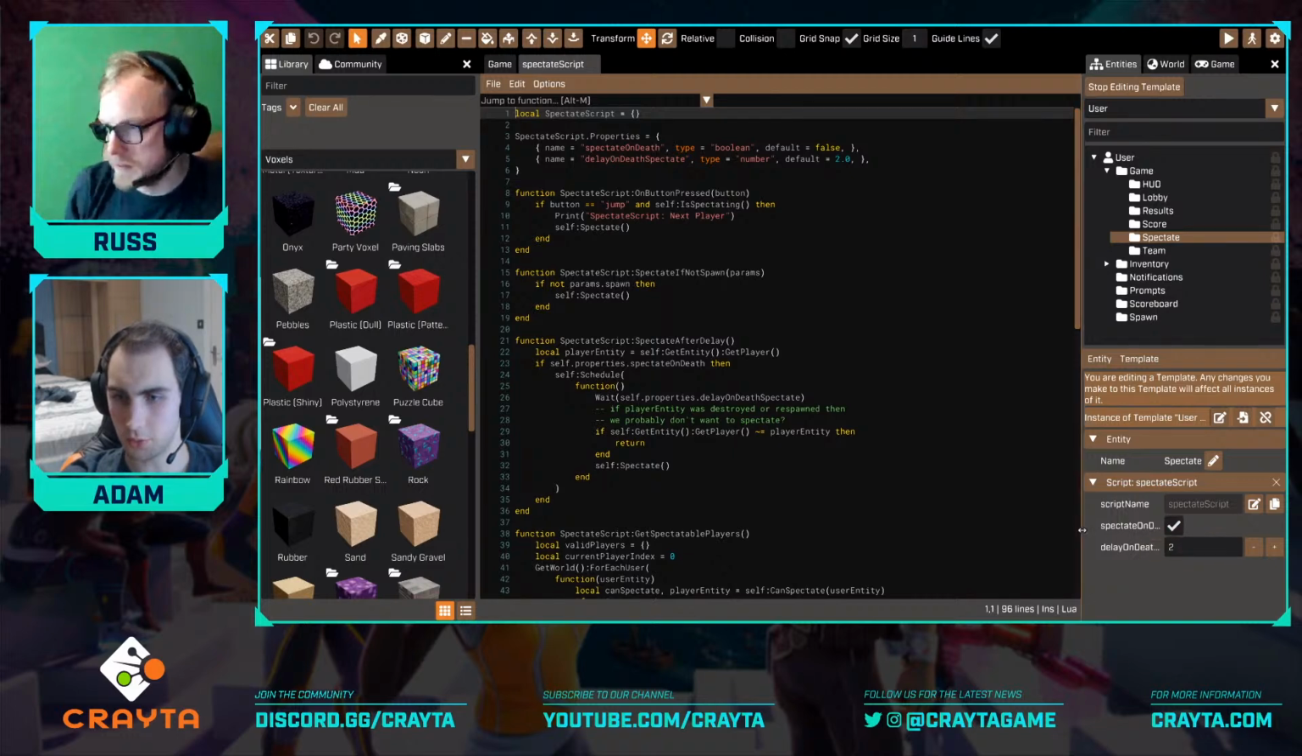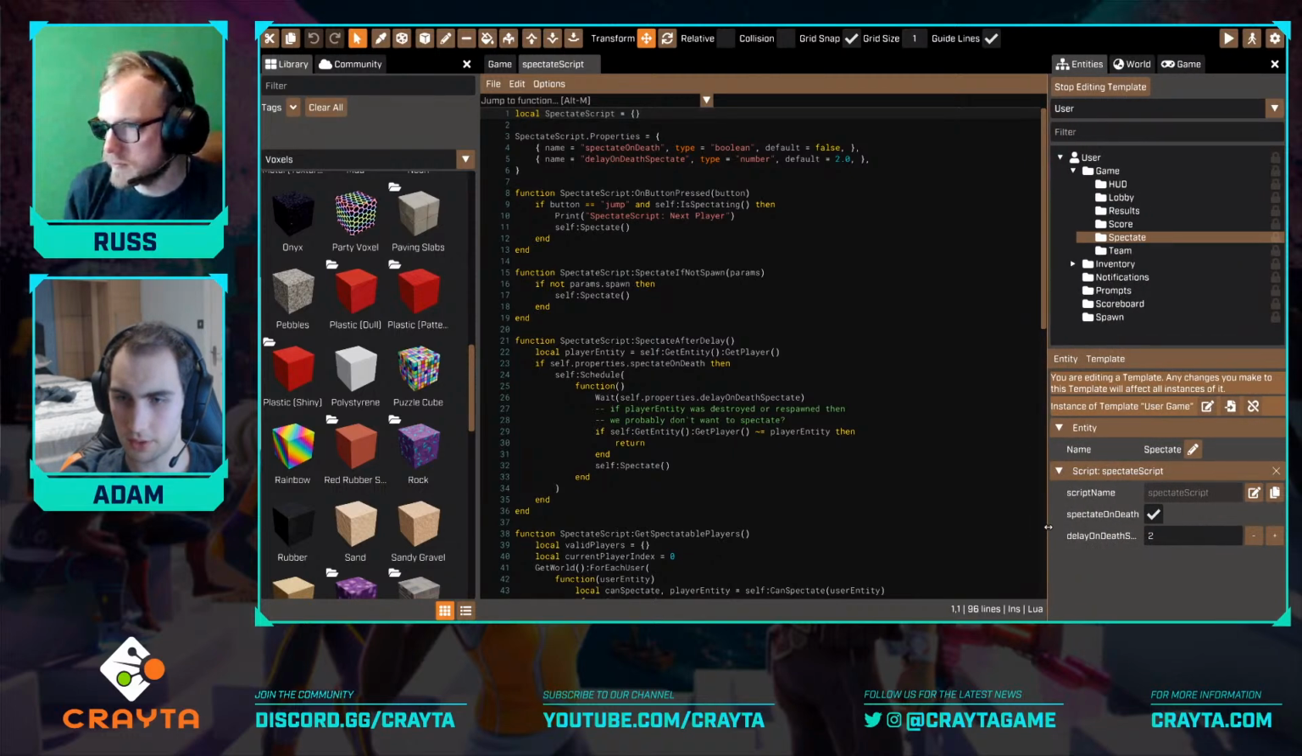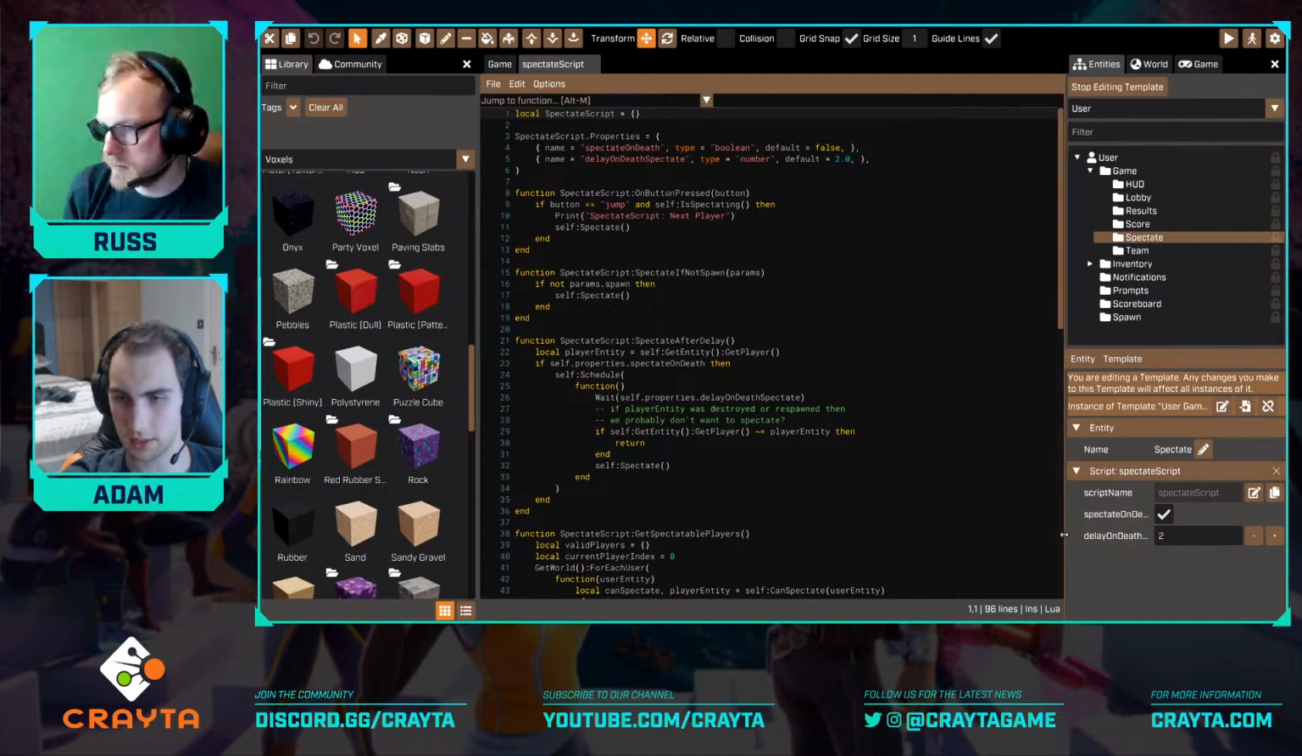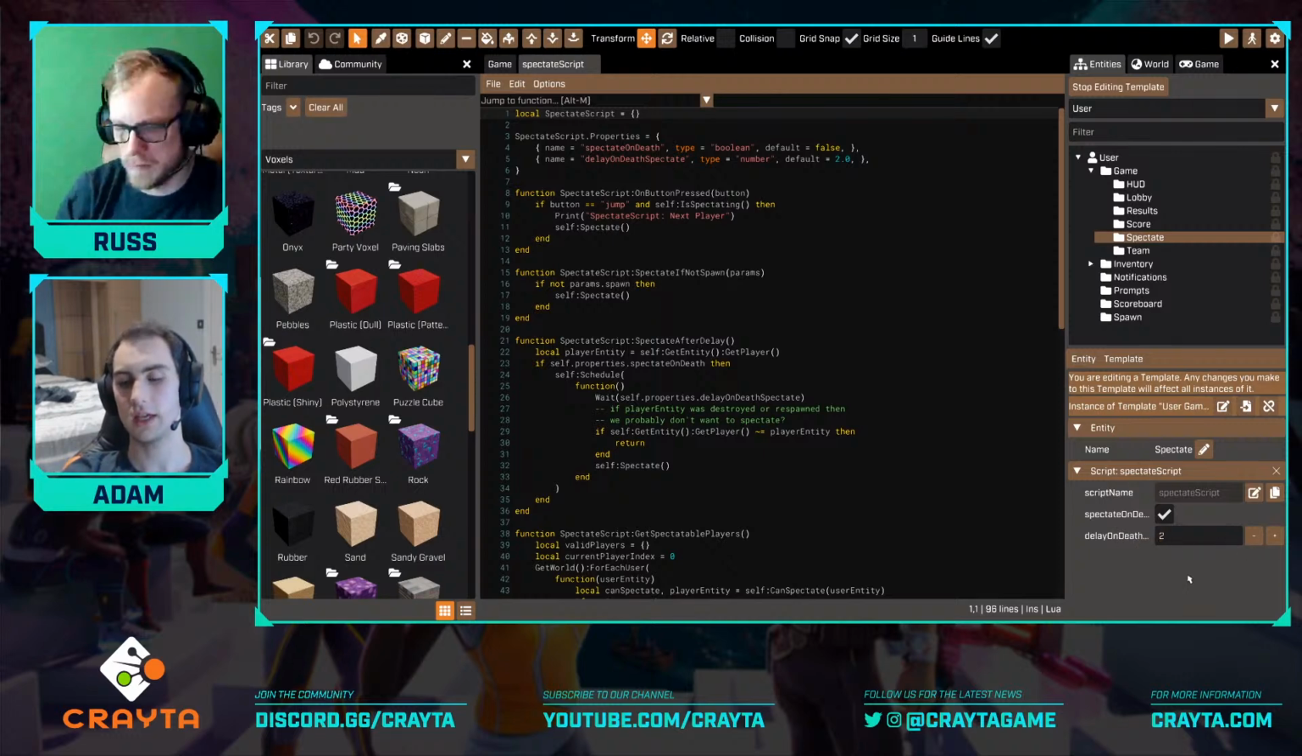There's a couple of useful properties that are already provided with it by default. So the spectate on death, which obviously is quite common for these sort of games, and then delay on death spectate. At the moment that's 2 seconds. If you pull that down to 0, then as soon as you die, you'll start spectating people straight away. If you increase that, you'll get to see yourself die for longer before you spectate,